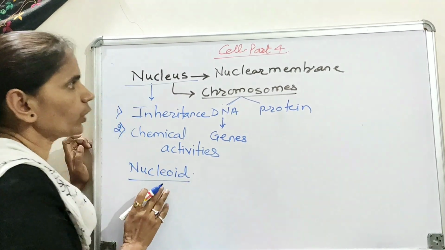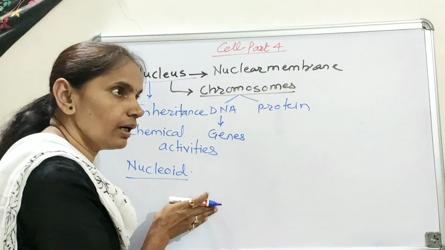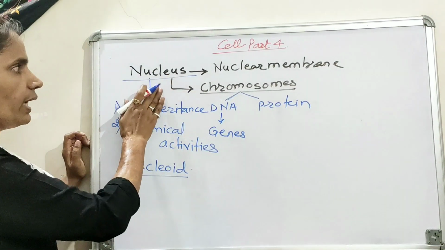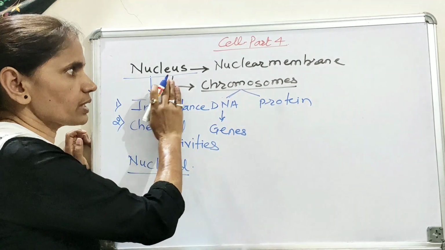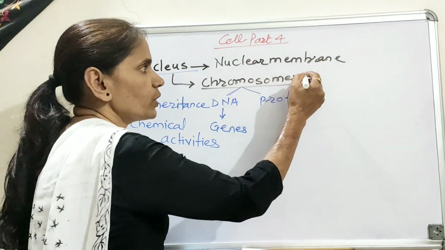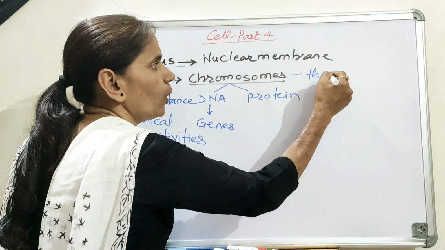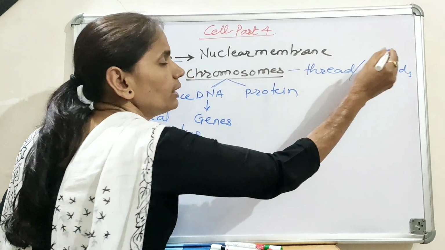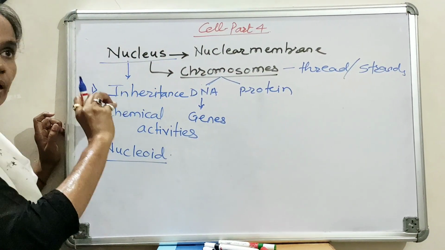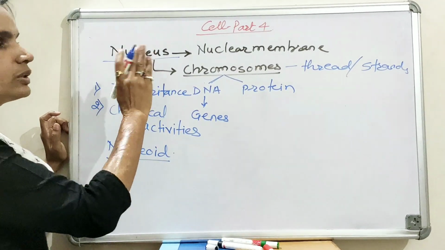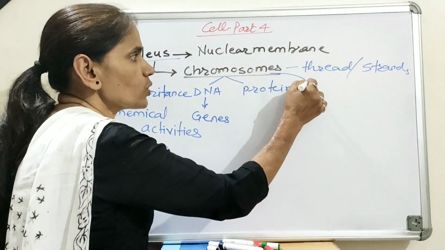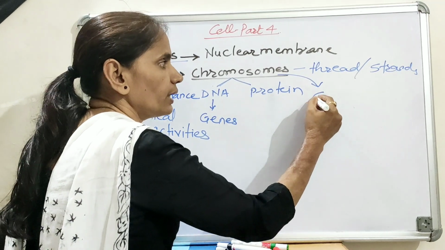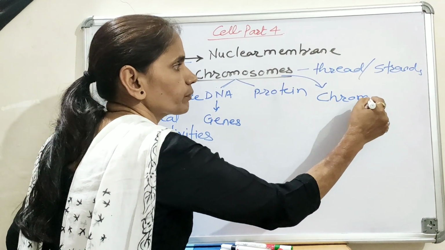Now in case of prokaryotic cell, only a single chromosome is present and that can be readily observed, while in case of eukaryotic cell, the chromosomes can be observed as thread-like structure or it can be observed as strands only when the cell is about to divide. Now when the cell is not dividing, the chromosomes are observed in the form of entangled structure that are known as chromatids.